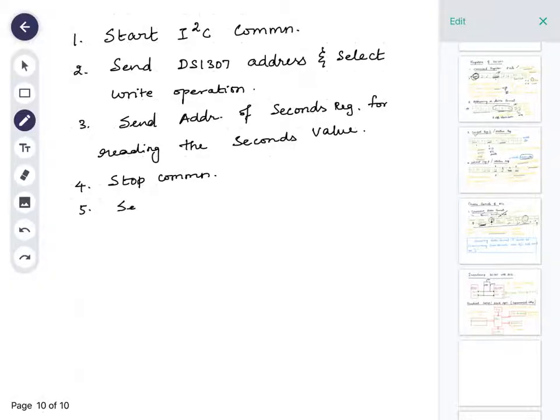Again, send the DS1307 address and select read operation.